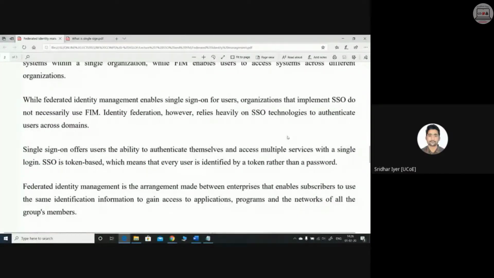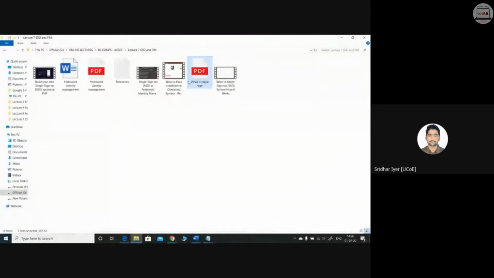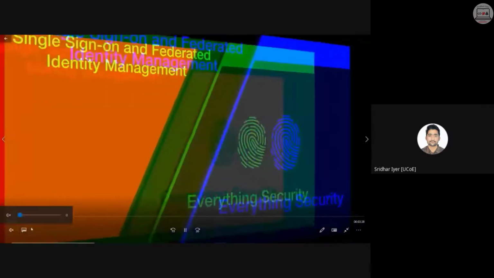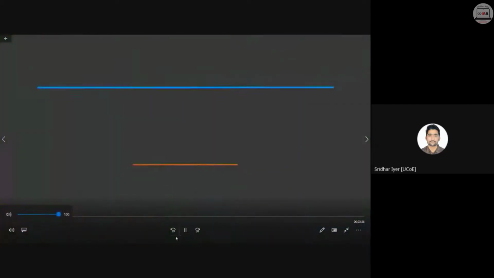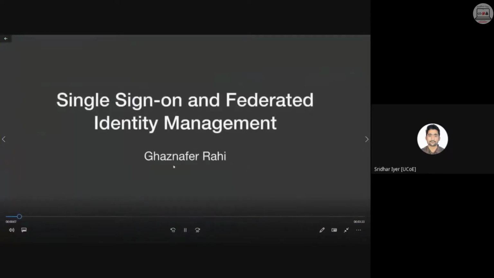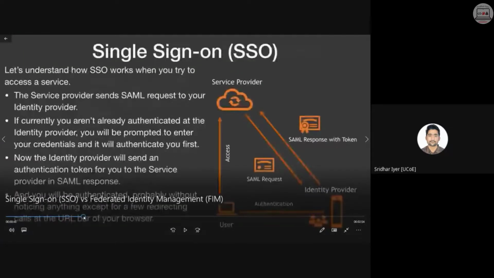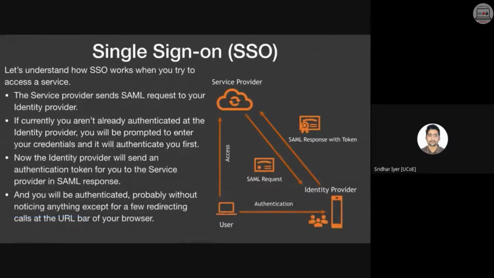Okay, thank you. So let me quickly wind up this topic with the help of this particular video. Again, the audio won't be audible to you all. I will straight away jump to the differences part because we are running short of time, I guess, for the test. Okay. See this diagram.